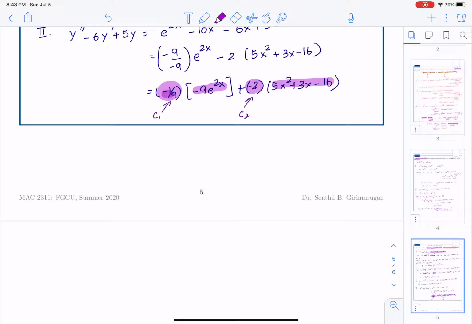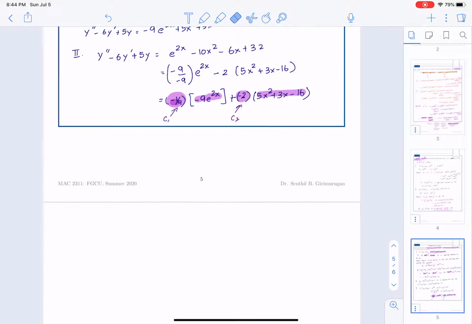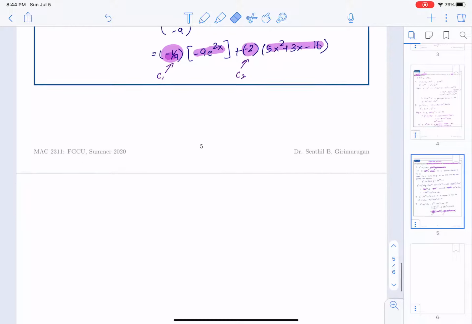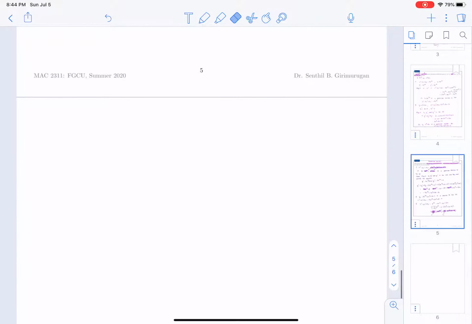We know the differential equation with the right-hand side of 5x squared plus 3x minus 16 has a solution of x squared plus 3x from the previous problem. So since I've combined the right-hand sides in this manner, negative 1/9 of the first right-hand side plus negative 2 of the second right-hand side, my claim is the particular solution